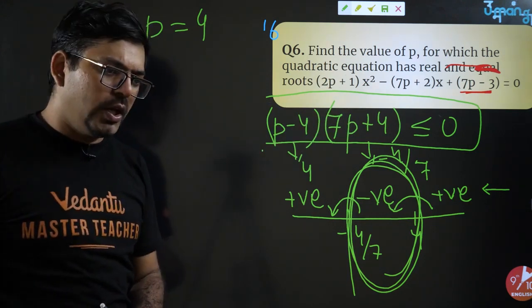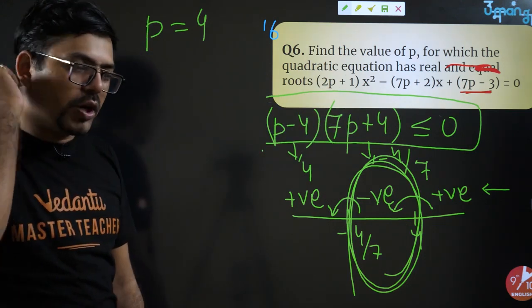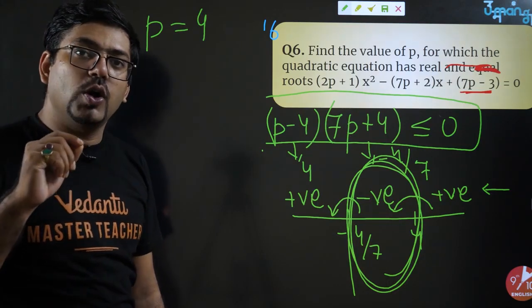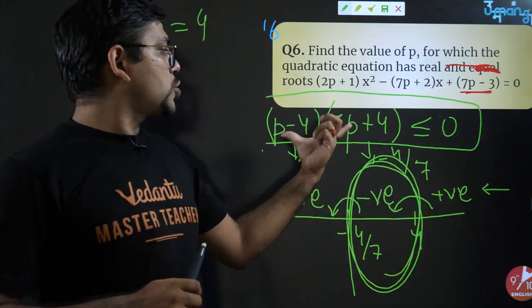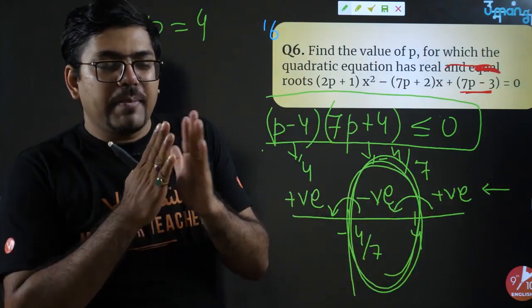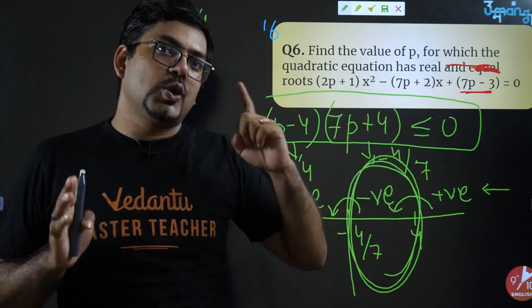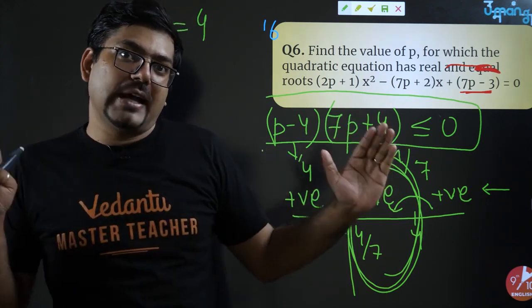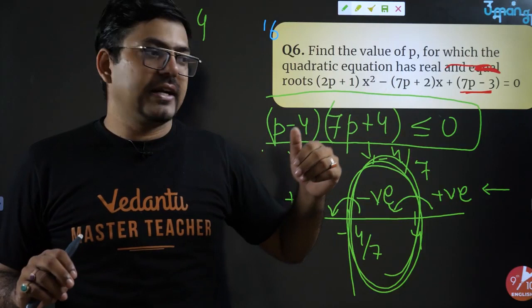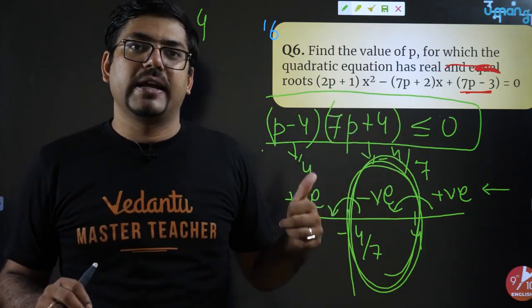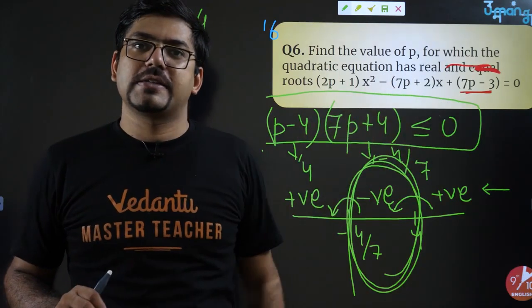I would say, okay. So he would say that obviously if I am not asking for a value, I'm asking for a type of value. I'm asking that this equation should become negative. So if I'm asking for a range of values, you should also give me the answer as a range. That even if you put P equals 2, then also it will come as negative. P equals 3, then also it will be negative. P equals 0, then also it will come as negative.